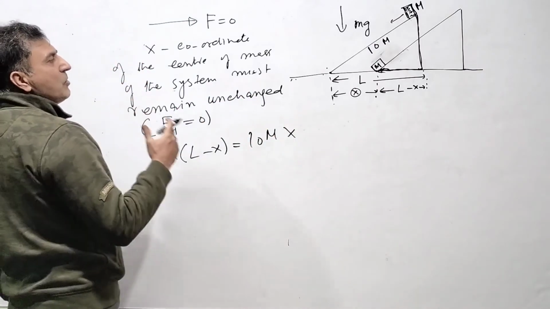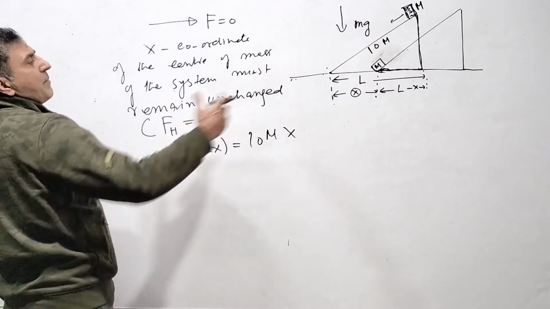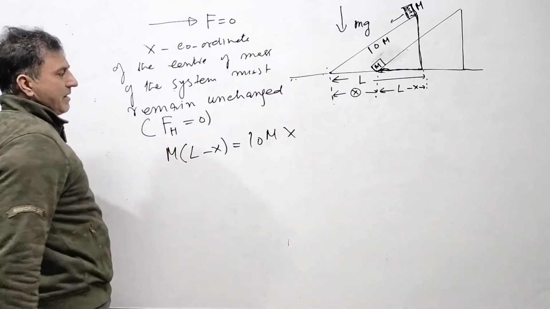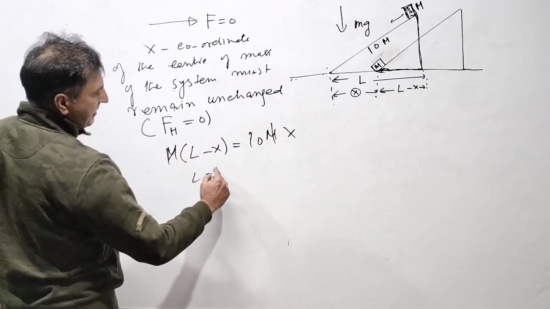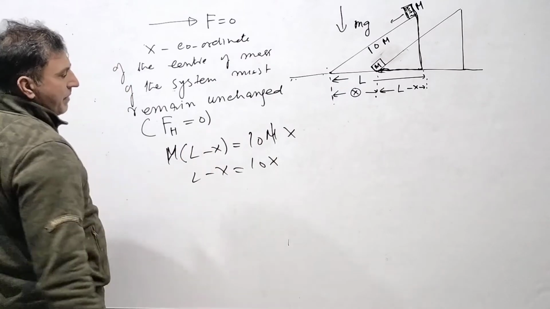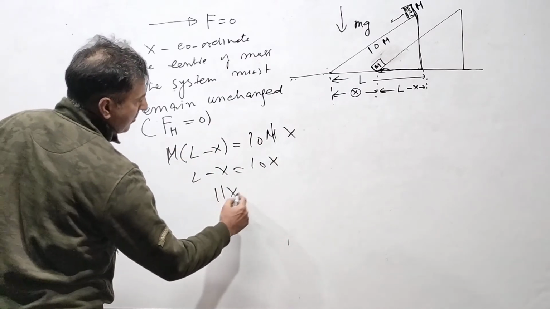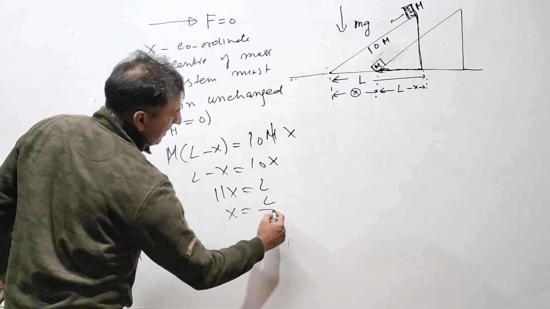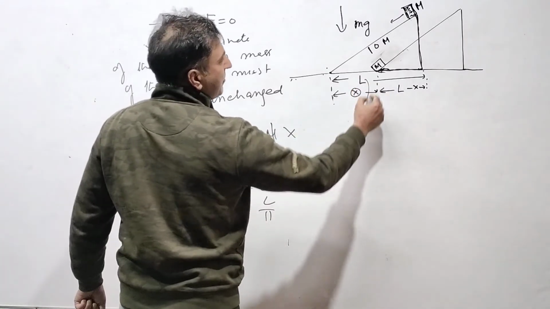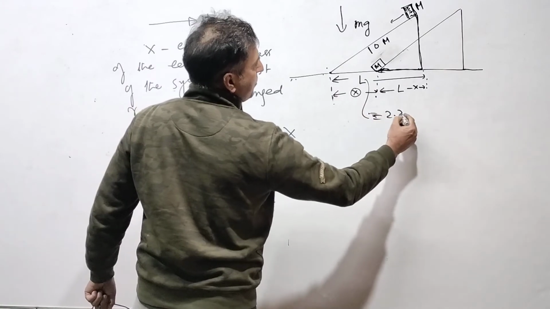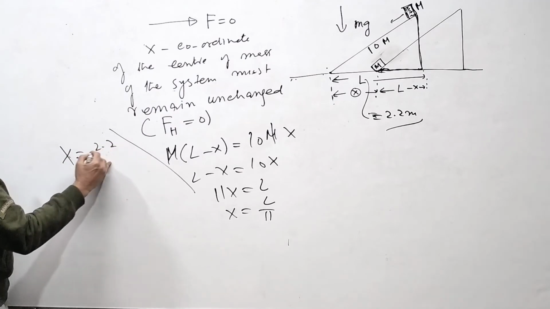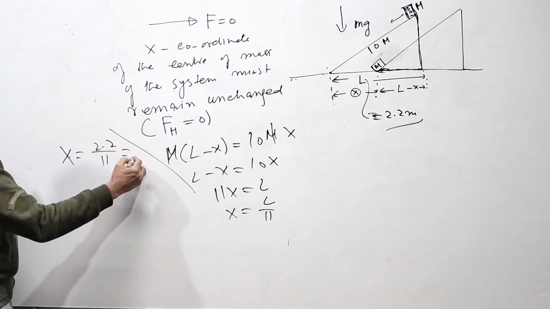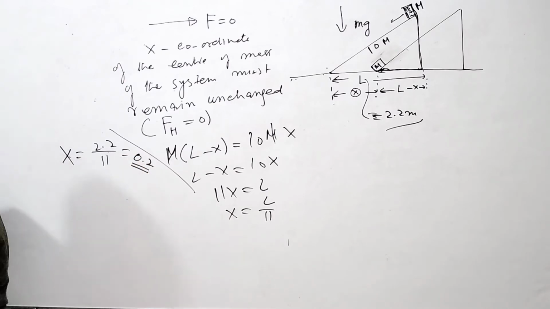We need to find x. How much did this triangular block, this wedge, move back? So we need to find x. So m gets cancelled. L minus x is equal to 10x, right? So 11x is equal to L. x is equal to L by 11. So if L was given in the problem as 2.2 meters, what is x? x is equal to 2.2 by 11. It is 0.2